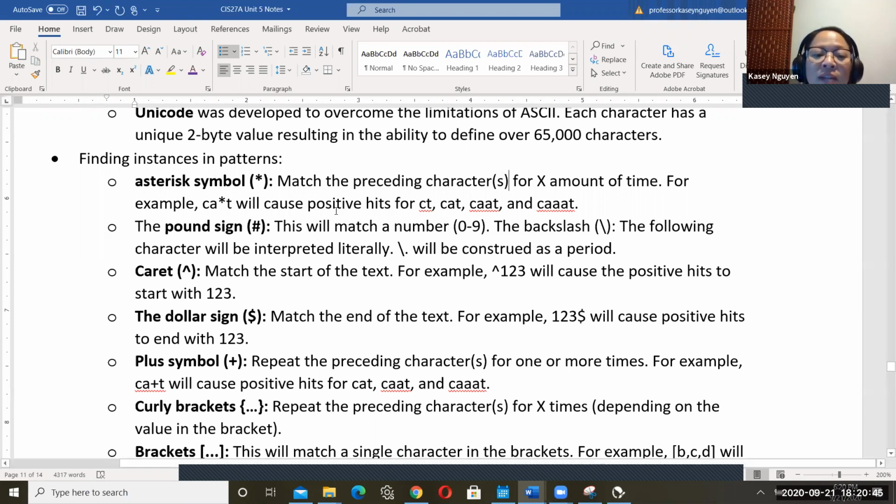Okay, so if I do CA asterisk T right here, that could mean CAT, CAAT, CAAAT. So I can have a repetition of the A before the T. This list is useful if you want to match a number, then you can use the hashtag. They say pound sign, but it's hashtag, right? The hashtag backslash